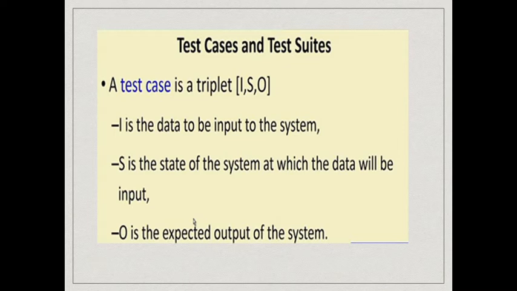For a renew book test case to be executed, we must have the same book already issued out to a member. The book should have been created, that is it should exist in the library, and then it must have been issued to the member. Only then can that member renew it. So we call that the state of the system. That means unless the book has been created and issued out, this test case of renew book will not work.